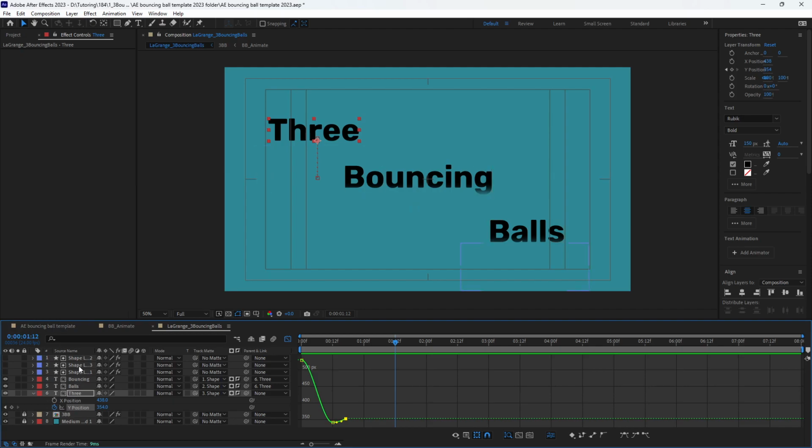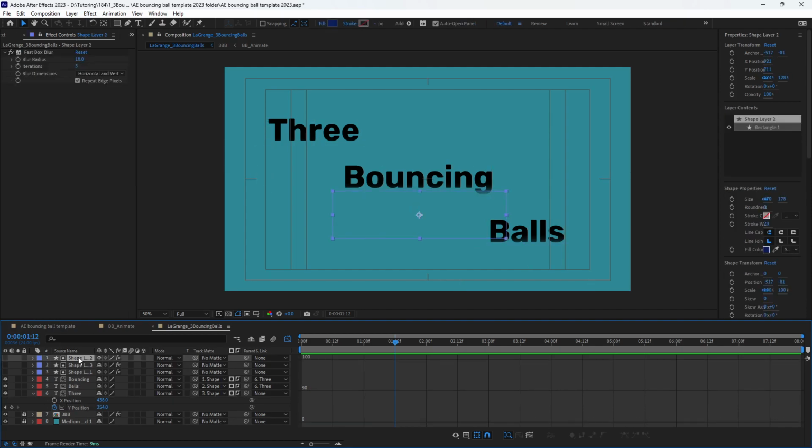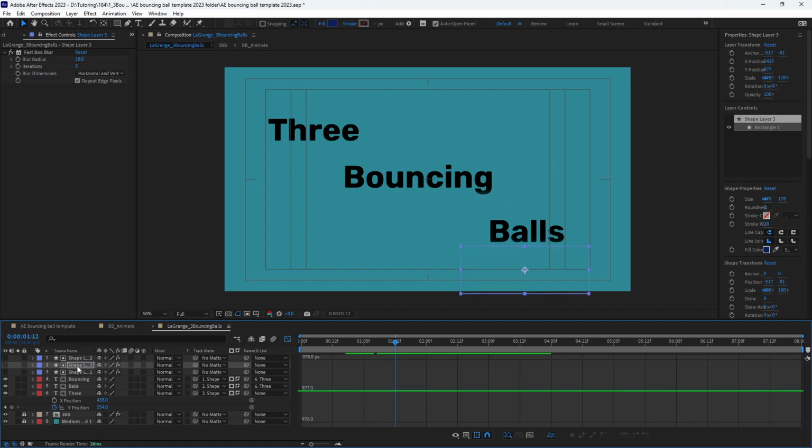I should probably take this shape layer, scoot it down a little. And same for this shape layer. Just so that way. There we go. All right, cool. So that comes up. And then